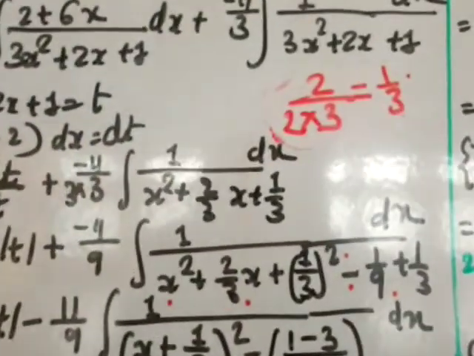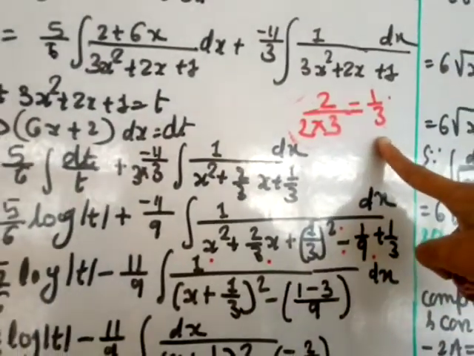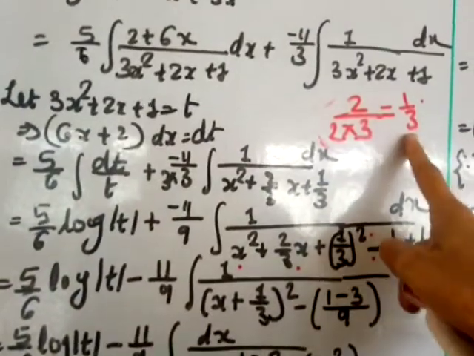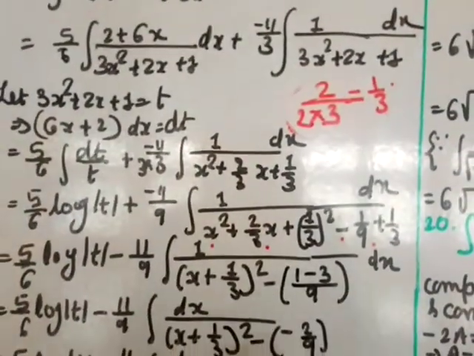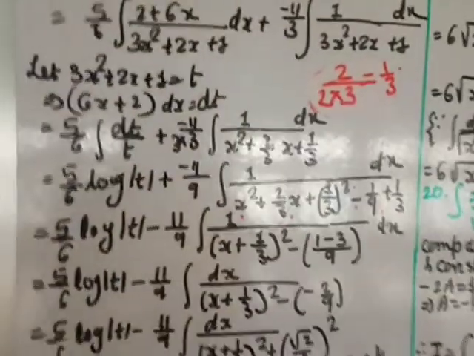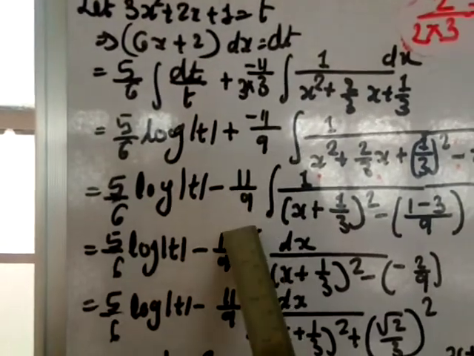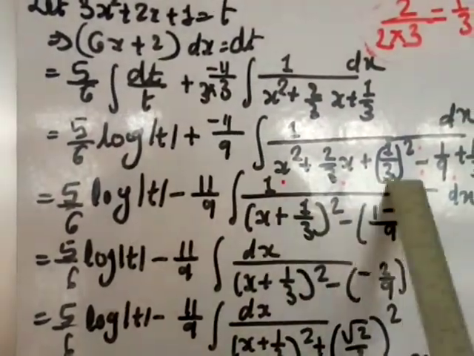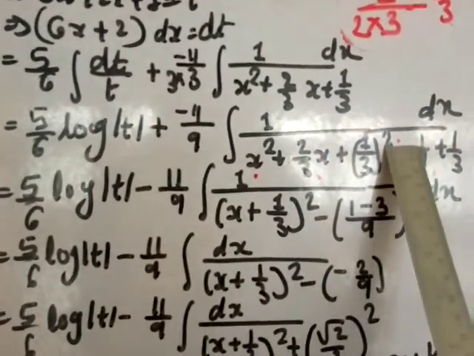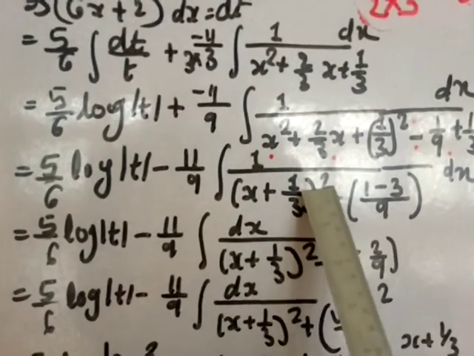as it is, this 1 by 3, plus 1 by 3, and this 1 by 3 I am adding and minusing. This is because of 1 by 3 square I am adding and minusing, so that is to make this one a perfect square. Now here this one remains as it is, this plus into minus minus 11 by 9, this one, and this one, as I said before, this x square plus 2 by 3x plus 1 by 3 square is the perfect square of x plus 1 by 3 whole square.